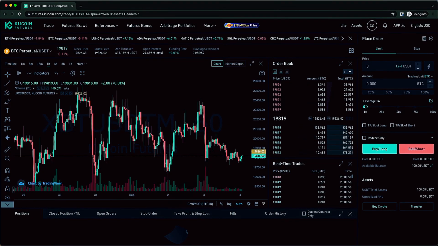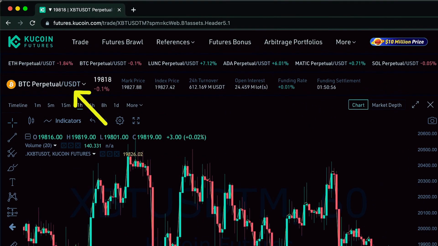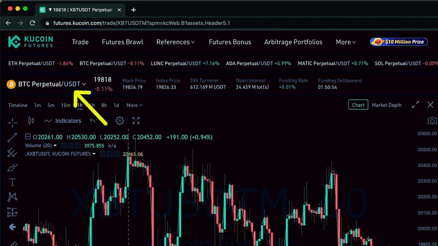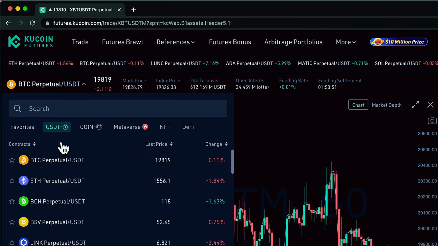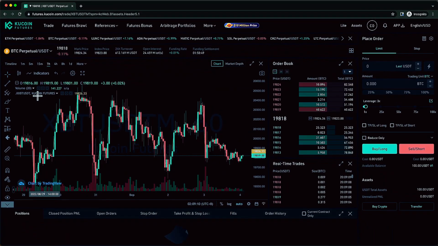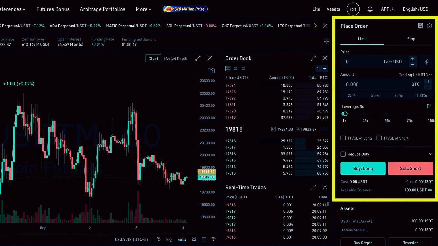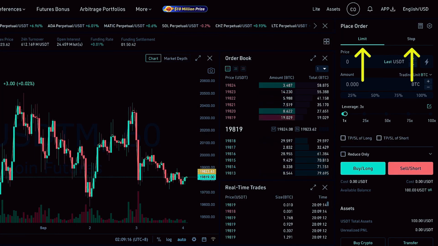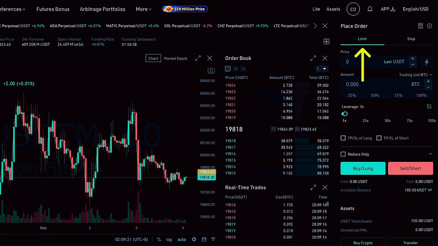So now we know all the basics and we are ready to place our first order in the futures market. Again, over here, we're going to choose the future contract that we want to trade. I'm going to choose the Bitcoin US dollar Tether Perpetual future contract. Now here on the right side is where we can place our order. We can choose between a limit and a stop limit order. For now, we're going to stick with limit, and later in the video, I'll also show you how a stop